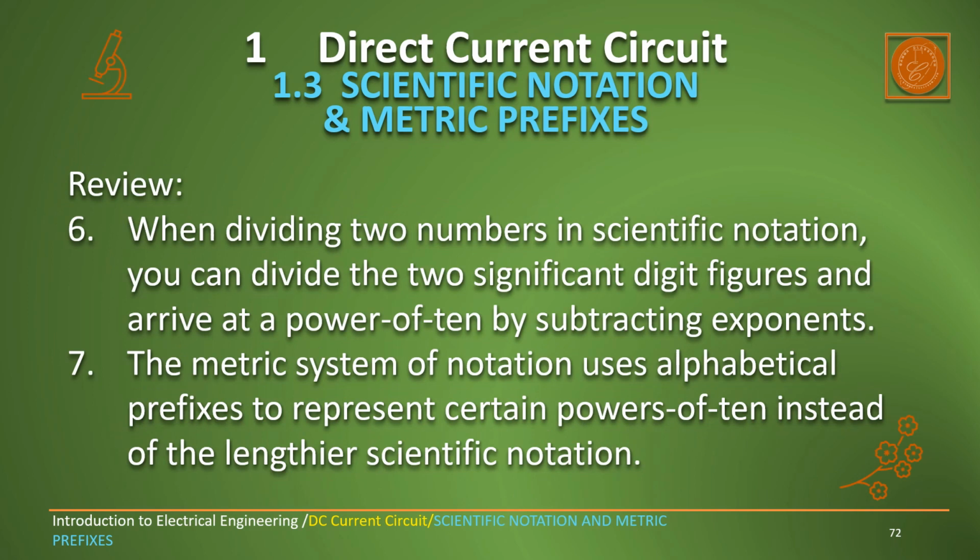Number 6, when dividing two numbers in scientific notation, you can divide the two significant digit figures and arrive at the power of 10 by subtracting the exponents. Number 7, the metrical system of notation uses alphabetic prefixes to represent certain powers of 10 instead of the lazier